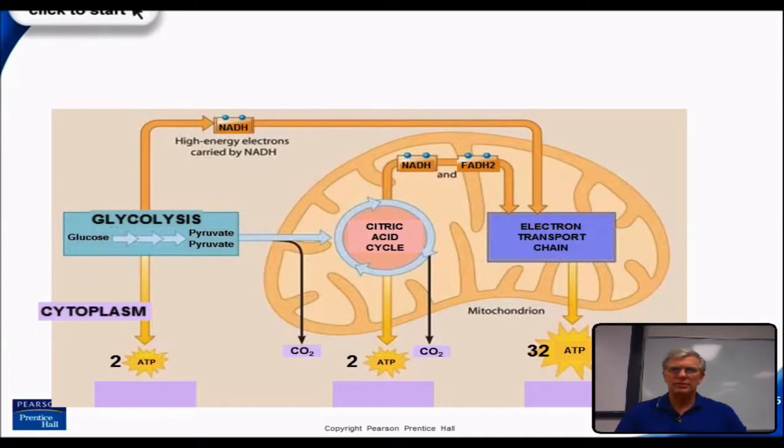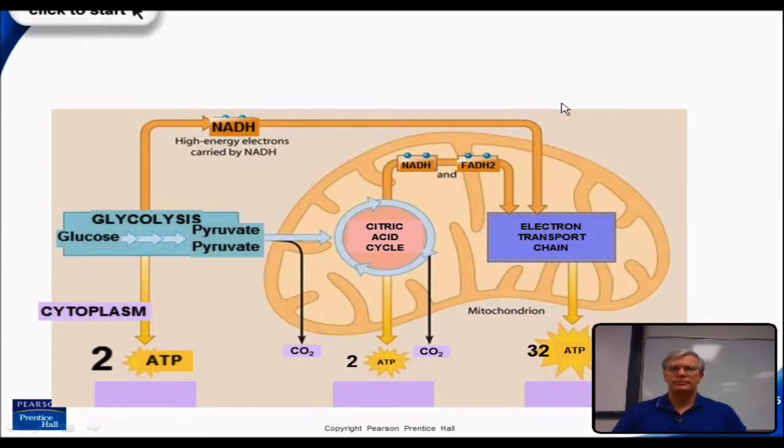It occurs in the cytoplasm, and glucose is basically split in half into 2 pyruvic acid molecules, sometimes called pyruvate. The hydrogens and the electrons are going to be picked up by NAD and carried in the form of NADH, and they will be carried to a later stage of this process, and we'll talk about what happens later on. During the splitting of glucose, we're going to create 2 ATP molecules, which can be used as an energy source